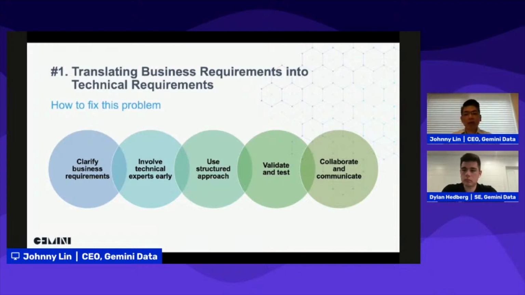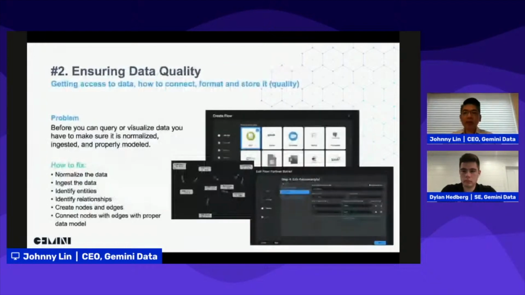And this is an ongoing process, and I don't think there's a shortcut, but I think communication really matters, and I think that's one of the successes that's really required. Number two, ensure data quality. So now let's say you understand the business and technical requirements, and you have an idea of what you want to achieve. The next step is really to get the data and prepare the data.